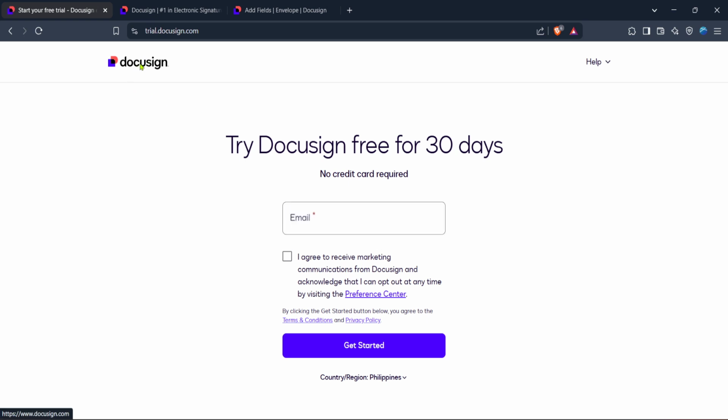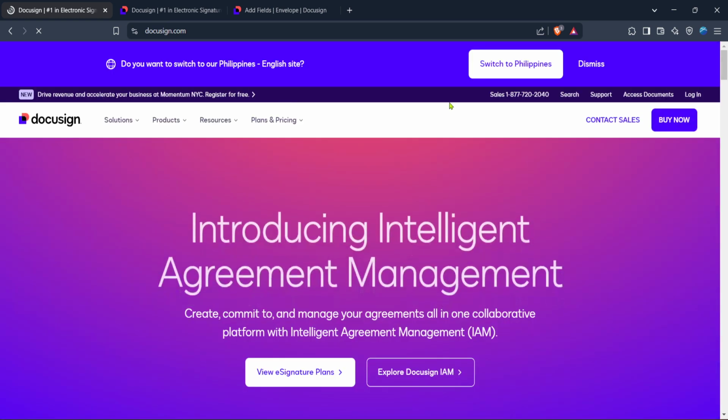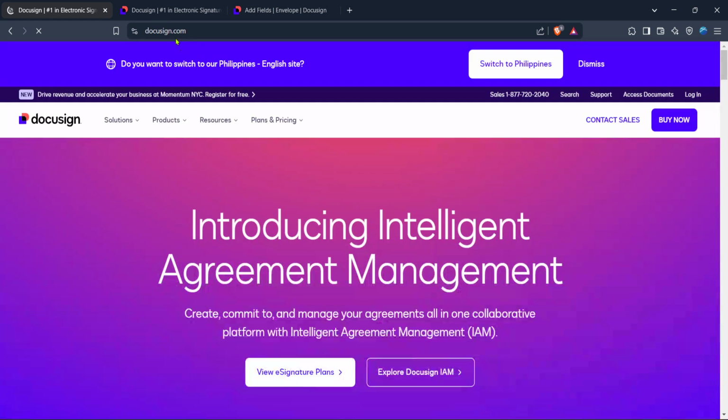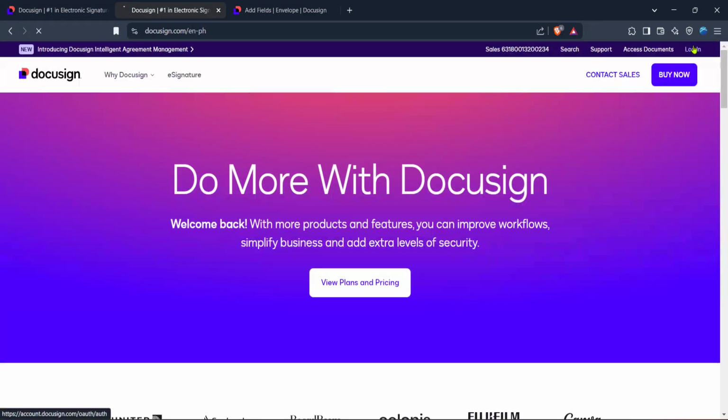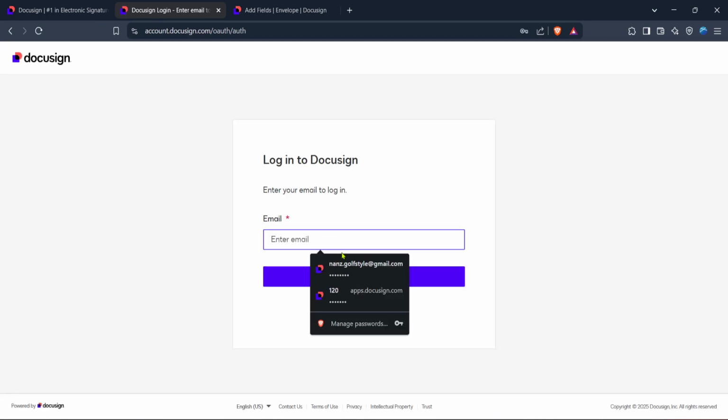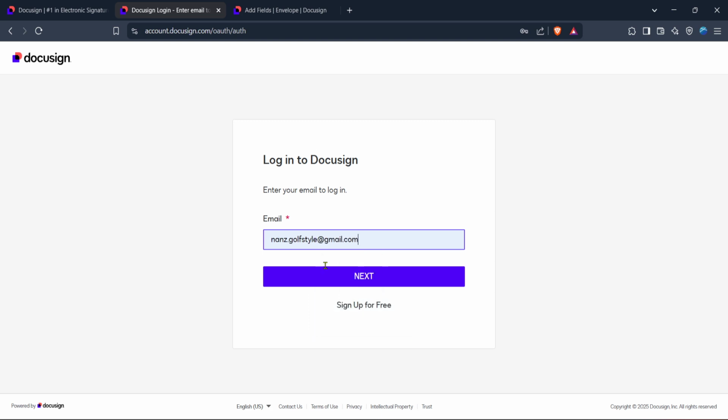It's always a good idea to review DocuSign's tutorials and resources, which can provide even deeper insights into utilizing their tools most effectively. Congratulations, you've now set up your DocuSign account. It's a quick and straightforward process designed to get you signing documents electronically in no time. Whether you're setting this up for business or personal use, DocuSign is a powerful tool that can streamline how you handle agreements and signatures.